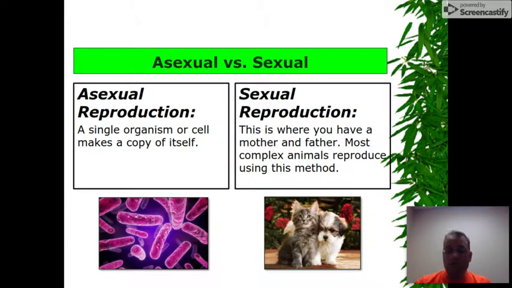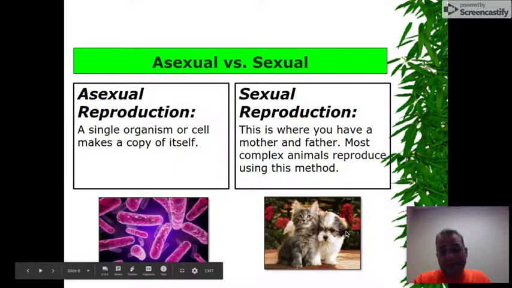Sexual reproduction means that you have a mommy and a daddy. You get half of your genetic material from mom, the other half from dad. We get more genetic diversity, or more combinations, which gives us our different looks. So you might look a lot like your brother or your sister, but you're not an exact copy of your parents. You might have your dad's nose and your mom's type of hair. That means things get mixed up, and that kind of helps us in the long run. We'll talk about that. So this little cute kitty or this dog can't mate together, but they both have a mommy and a daddy.